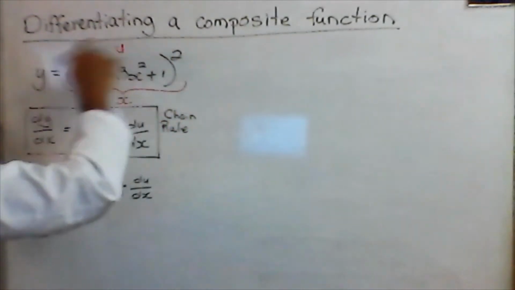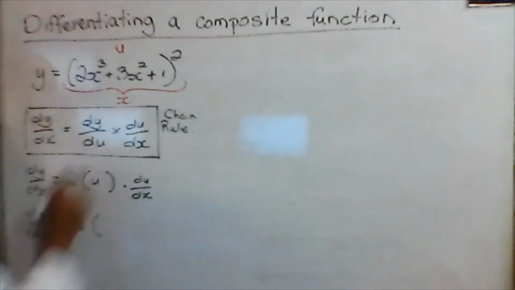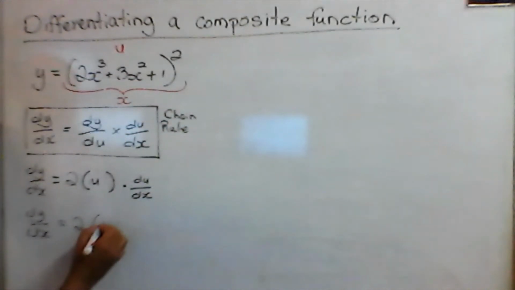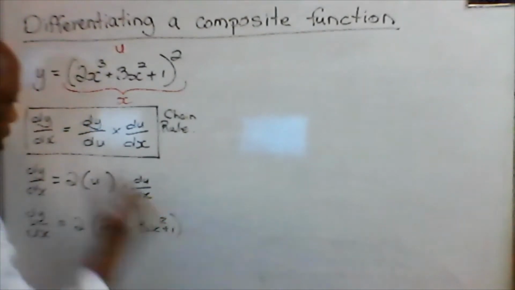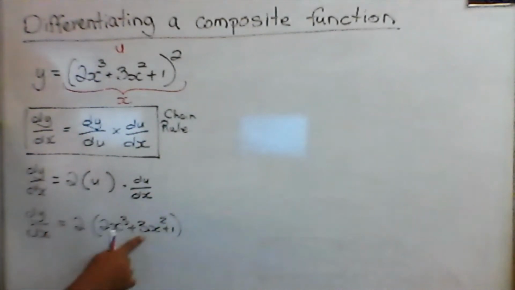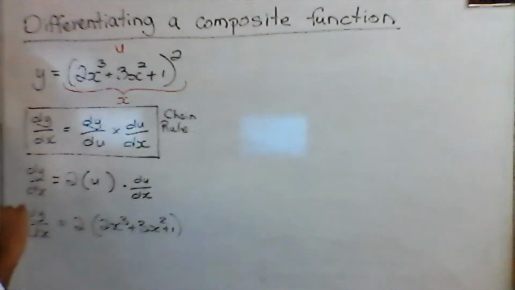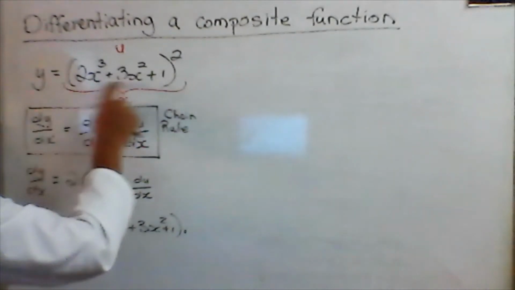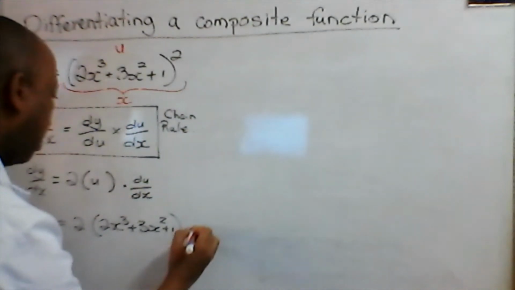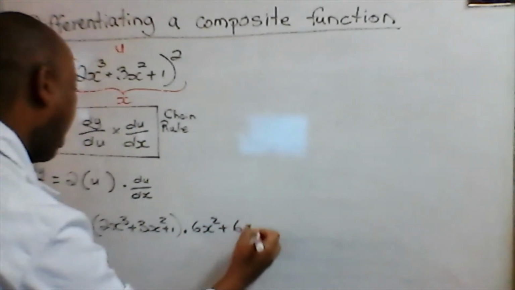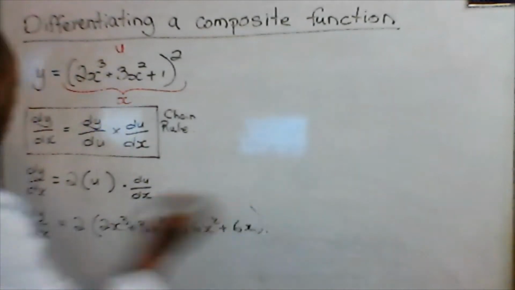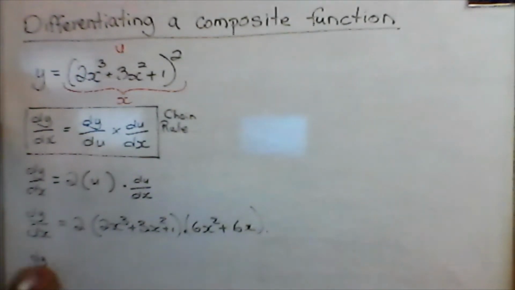The derivative of the outside will be 2, times whatever is inside, evaluated at the inside, 2x cubed plus 3x squared plus 1, to the power 2 minus 1, which is 1, times the derivative of the inside, which is 6x squared plus 6x plus 0. Hence your dy dx will be equal to